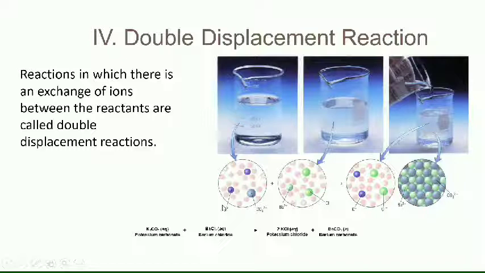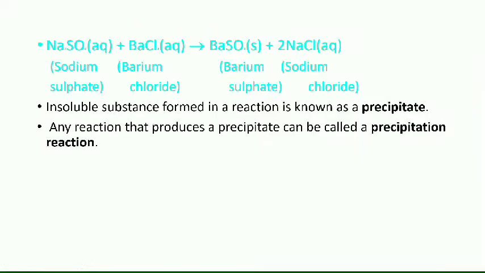From here potassium is combining with chlorine to form potassium chloride. Next, the barium ions are combining with carbonate ions of this compound to form barium carbonate. So basically in this double displacement reaction, there is a whole replacing of the different ions. Here the potassium ion is combining with the chloride ion, and this carbonate ion is combining with the barium ion.